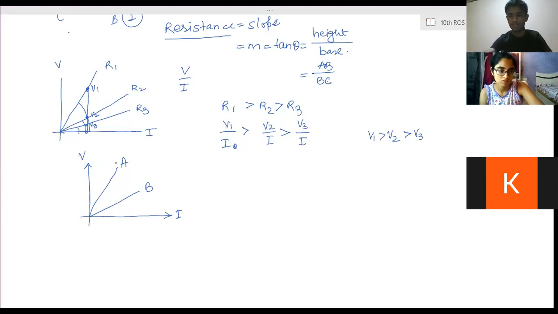Then length of the conductor: the more the length, the more the resistance, because the number of collisions inside the wire will be more, so it provides more resistance. And lesser length, lesser resistance. Area of thickness: lesser thickness, more resistance; more thickness, lesser resistance. So R and A are inversely proportional. And the last one is temperature. They are directly proportional. Okay.